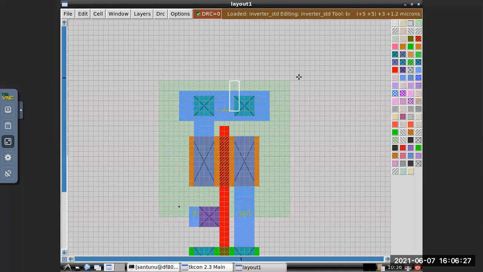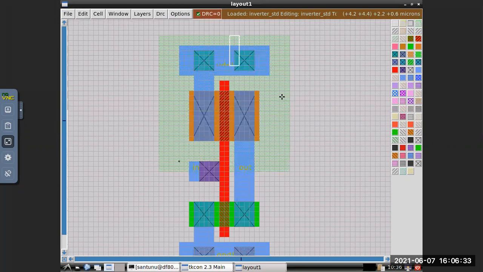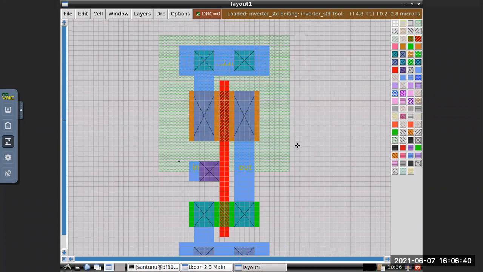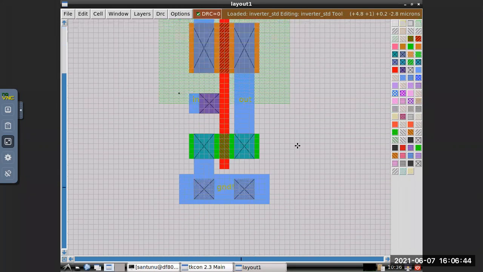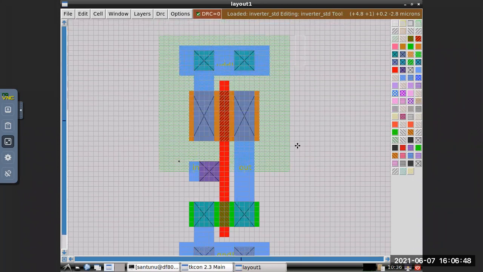Total height you are saying? No, what you are saying, I am not getting. So everyone drawn this or not? Yes, sir.